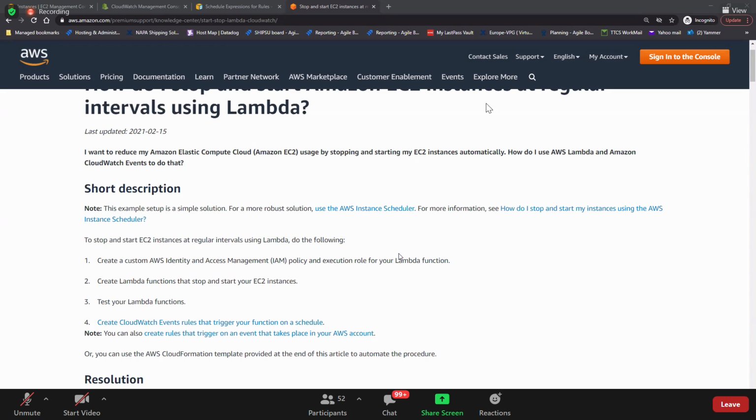So roles will come into the picture, because Lambda should have permissions to go and start and stop the EC2 instance. By default, Lambda doesn't have any access. You have to provide the access to Lambda. We cannot create keys. We cannot create IAM users. You should create a role and attach it to what? Attach it to Lambda.